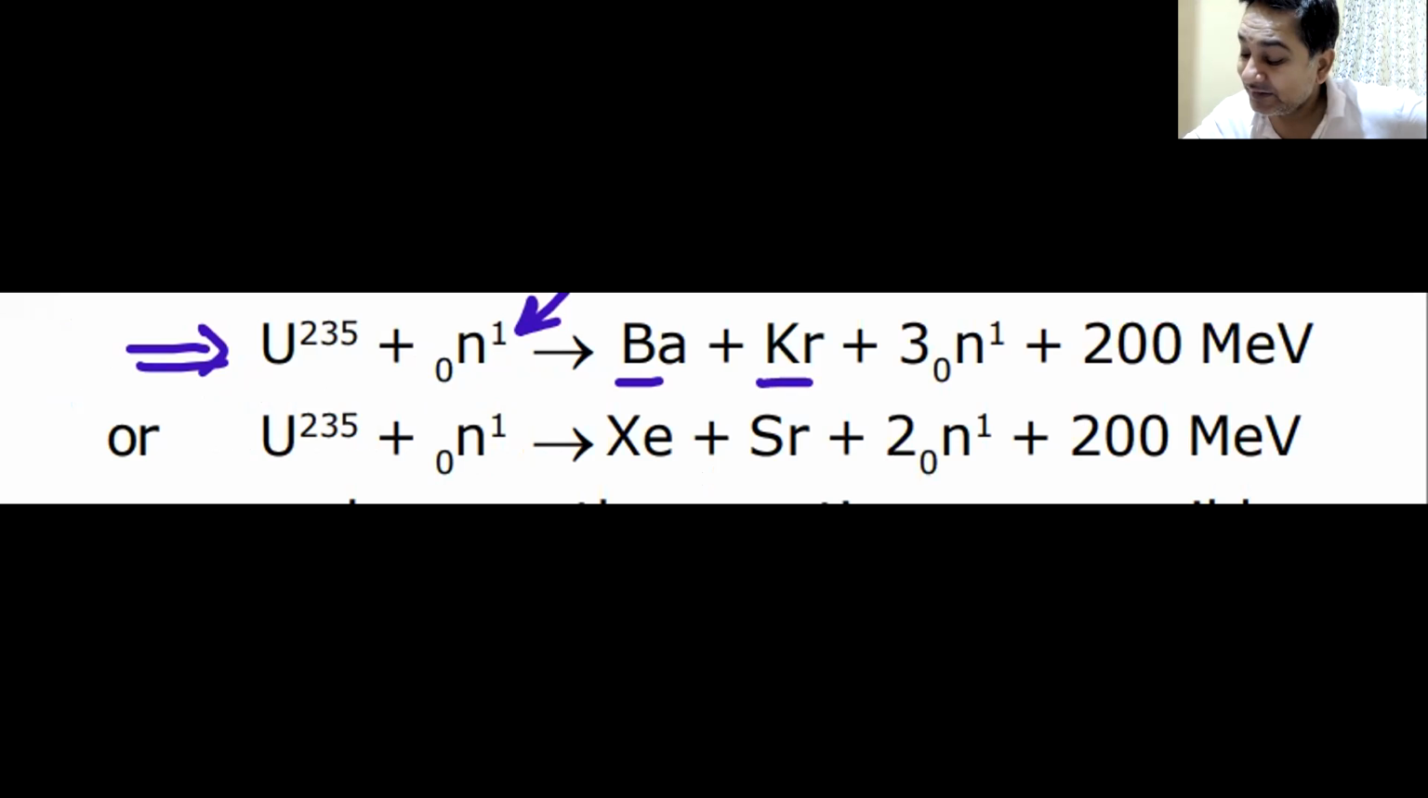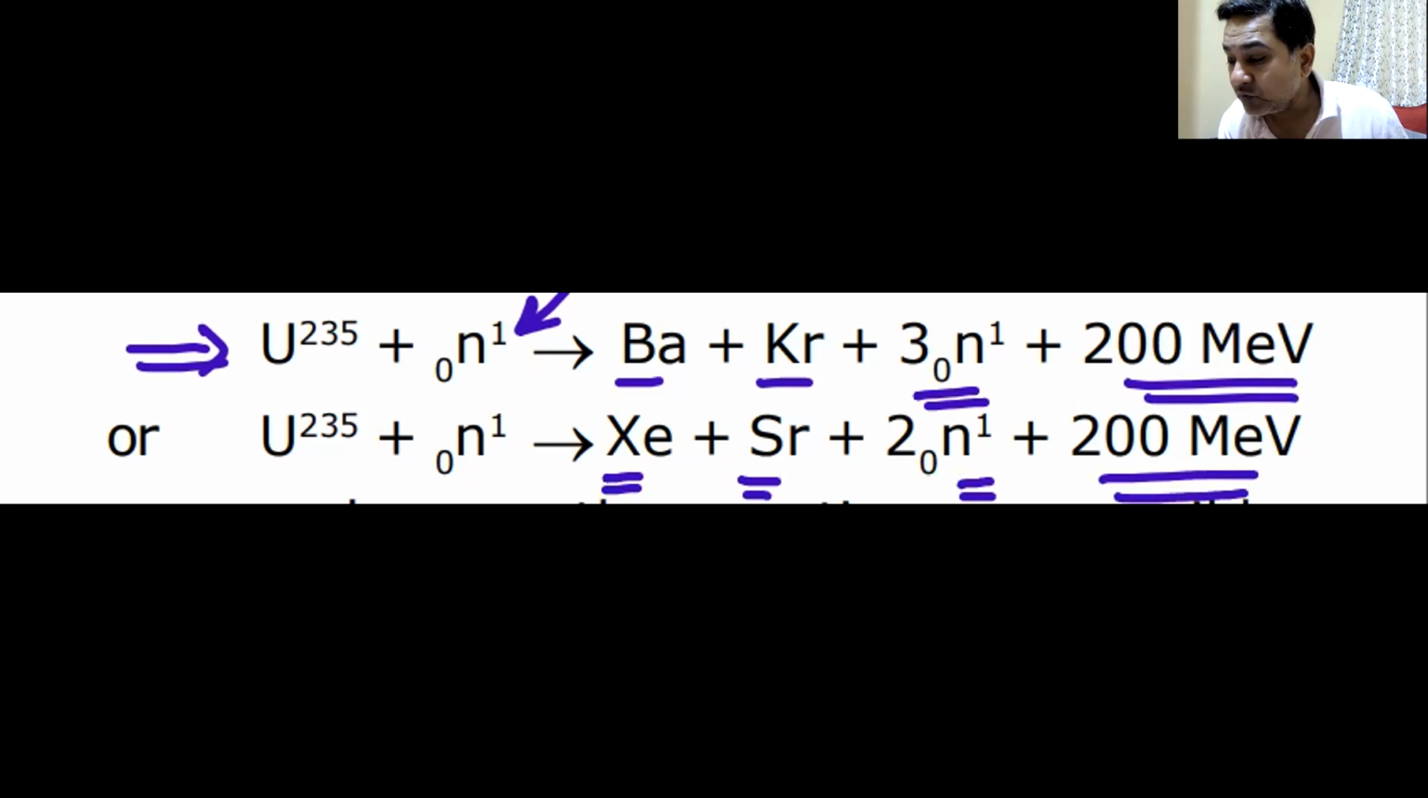Whatever is Kr. Then I have 3 more neutrons coming out, and with a tremendous amount of energy, 200 mega electron volts in one reaction. It could give Xe. I don't know what is Xe. It could give Sr and 2 neutrons again with a release of 200 mega electron volts of energy. These are the two reactions that you must remember and not forget, because there could be a question straightforward